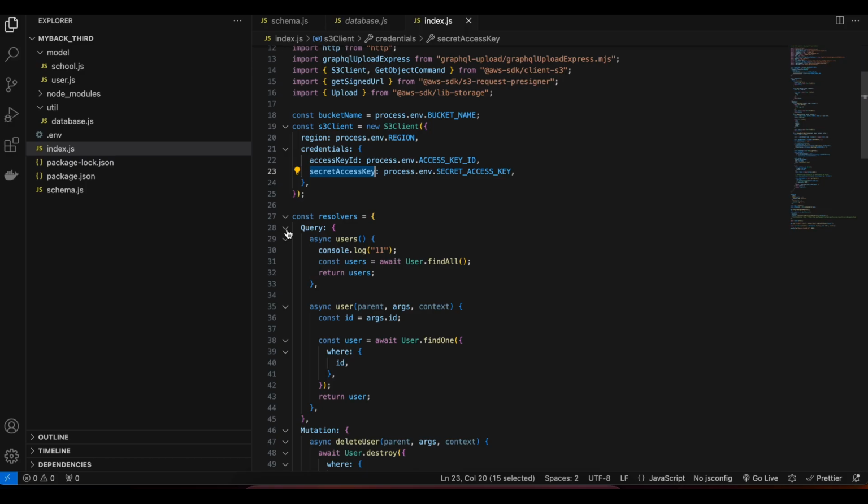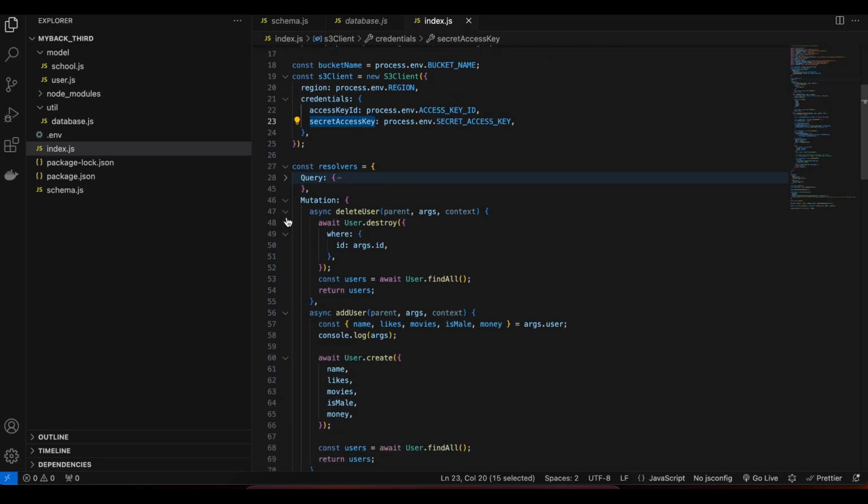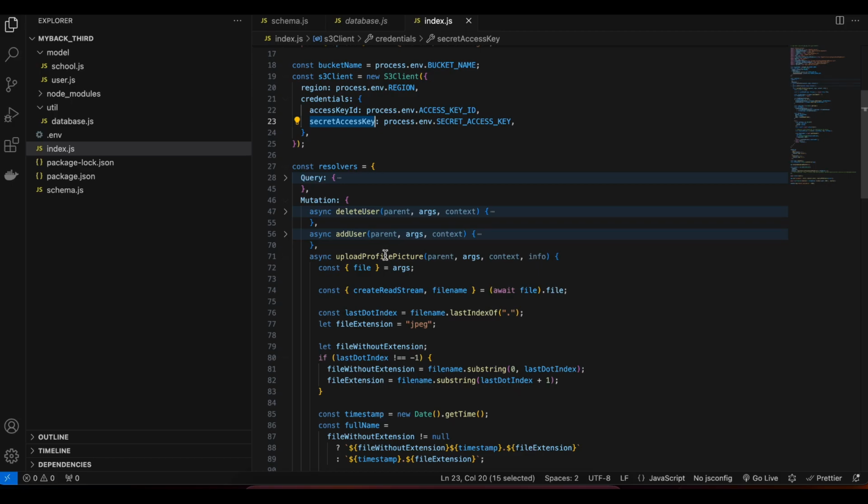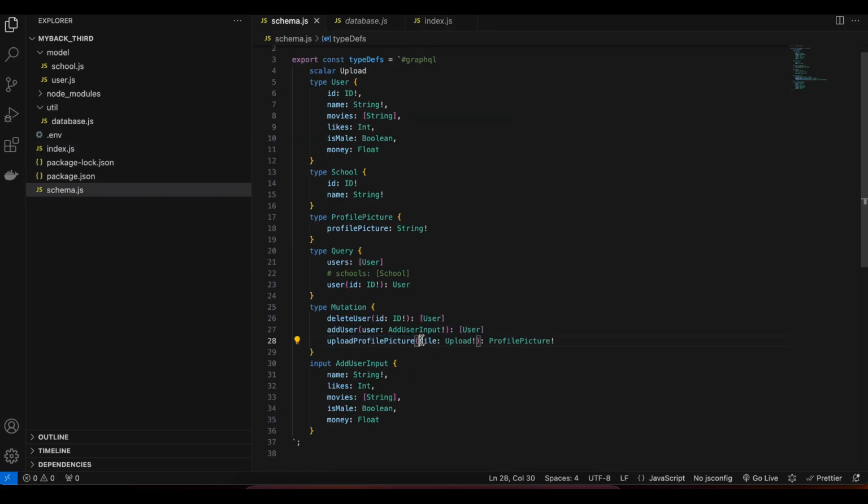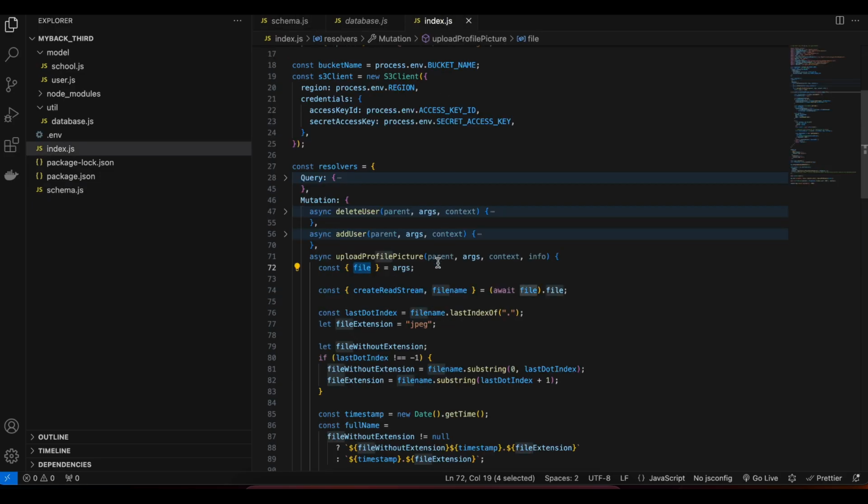Next, you can ignore this query for now. The important thing for you guys is this mutation of upload picture. Once we are uploading a picture, if you remember, we were passing the argument as file, so that is also important when you are passing it from GraphiQL as well as while defining it over here. This name can be anything, but it has to be consistent everywhere. So we are getting the arguments which we are sending from our GraphiQL or from our web app or whatever it may be. Then from that we are awaiting file.file, from which we will get createReadStream as well